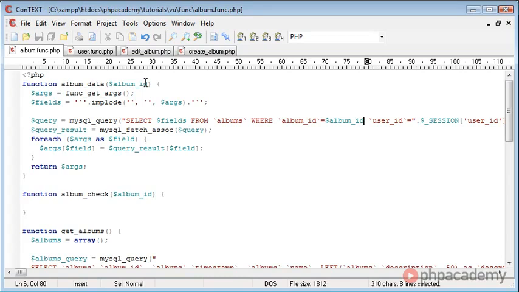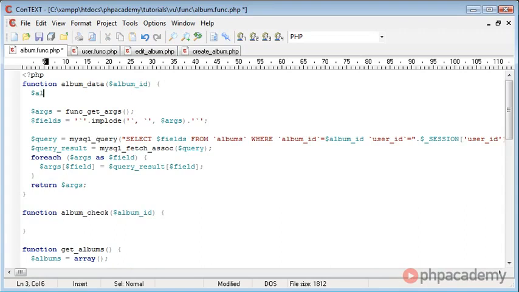So now that we've done that, we need to think about security. We need to think about this here being passed without sanitization. So what we want to do is up here just redefine album ID and make that equal to album ID, but with the change that we cast it to an integer data type, and this will eliminate anything else. It will only allow integers to be inserted into our query, and that's extremely important when we think about SQL